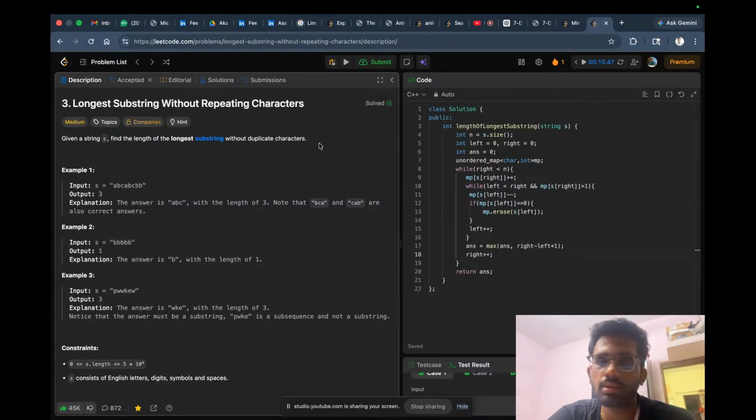So yeah, in this way we will be solving this sliding window kind of problem. So I think this was my live